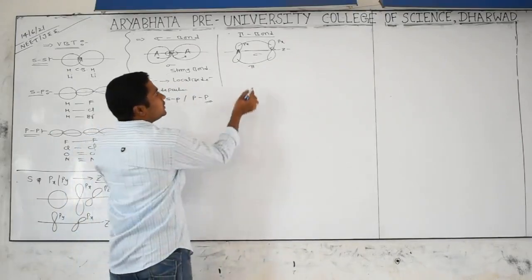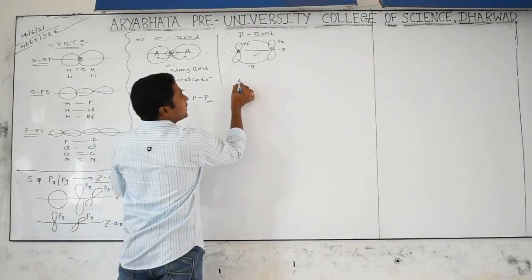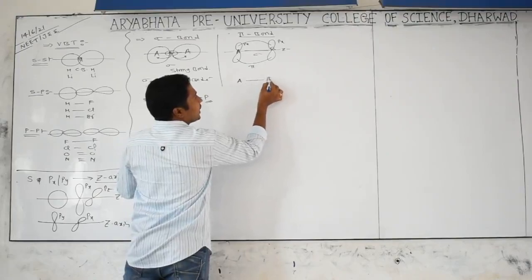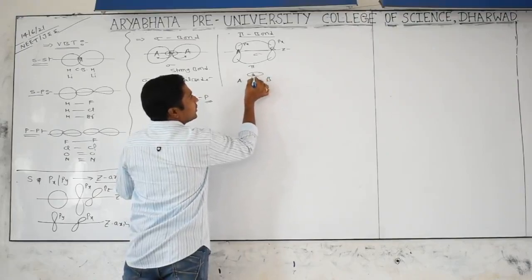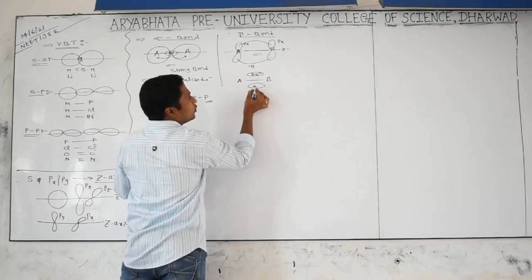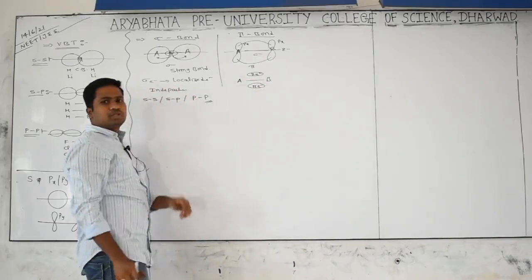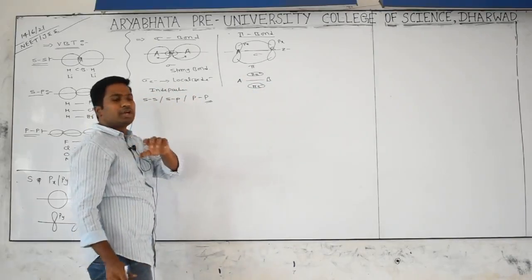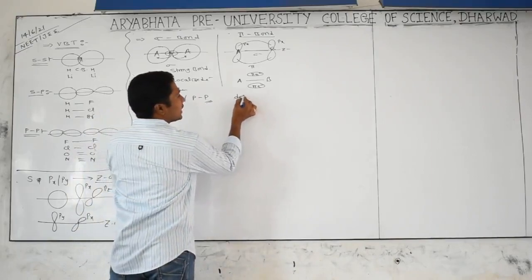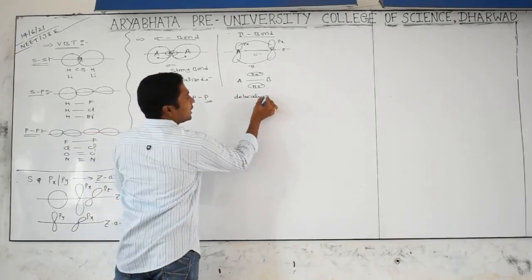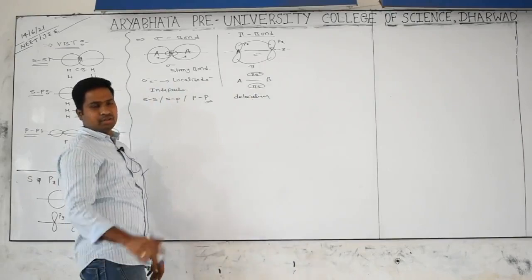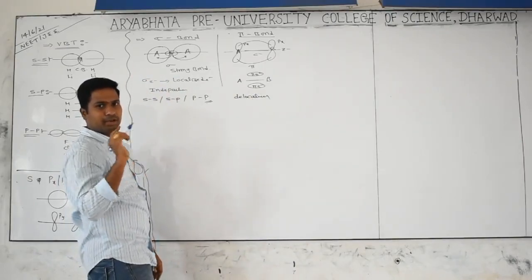Okay, next, these pi electrons cannot sit between A and B, though we have a pi bond there also. Pi electrons will be rotating above the plane and below the plane, so they do not have any particular location. That's why pi electrons are called delocalized electrons. There is no location. They may revolve above the plane and below the plane.